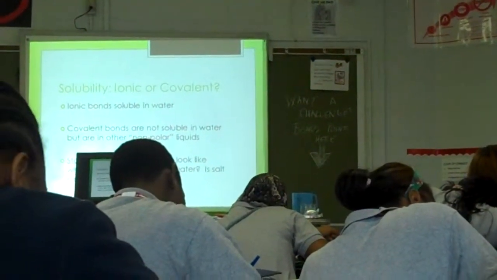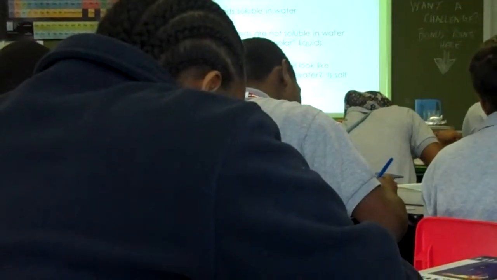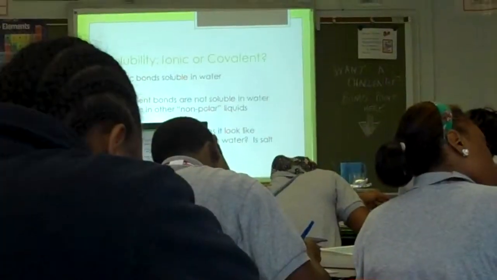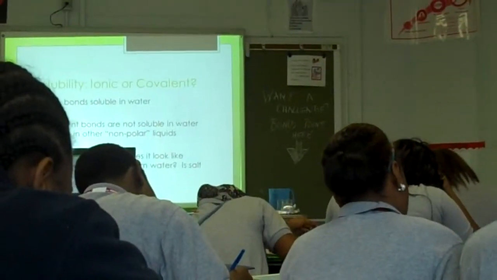Great notes on the ionic and covalent difference. The difference between ionic and covalent, however, is that covalent bonds cannot dissolve in water. Okay? They will not dissolve in water. And we'll see that when we do our experiment in just a second. So I'd like you to stop and think